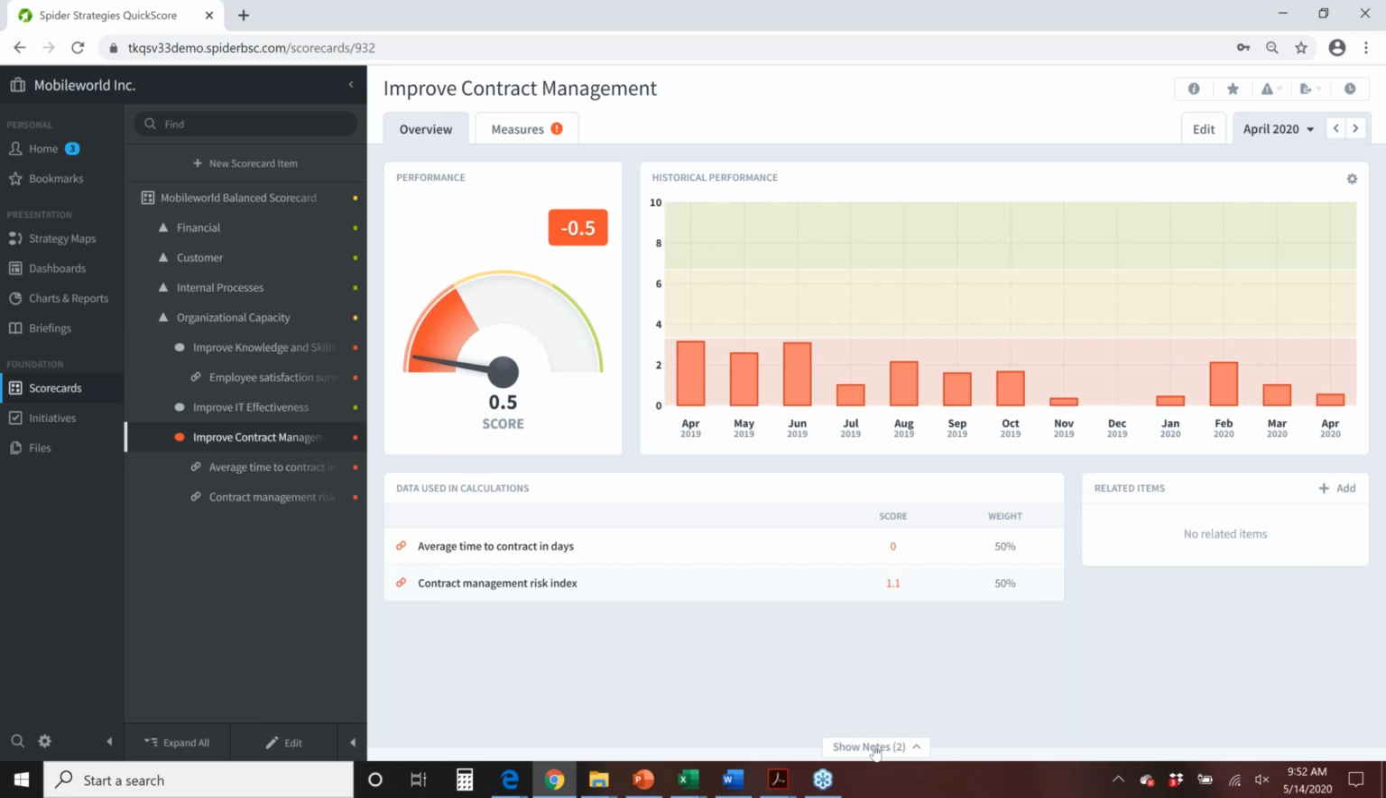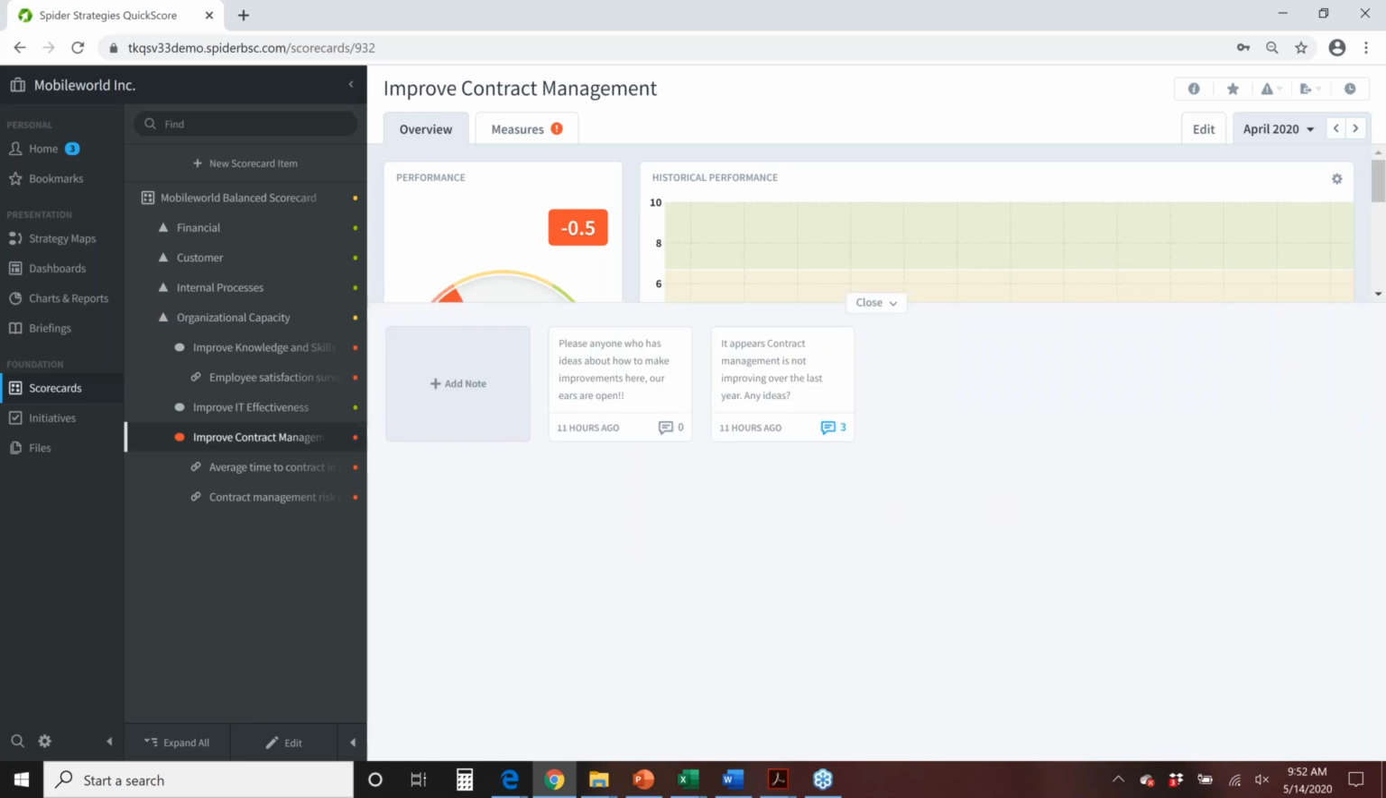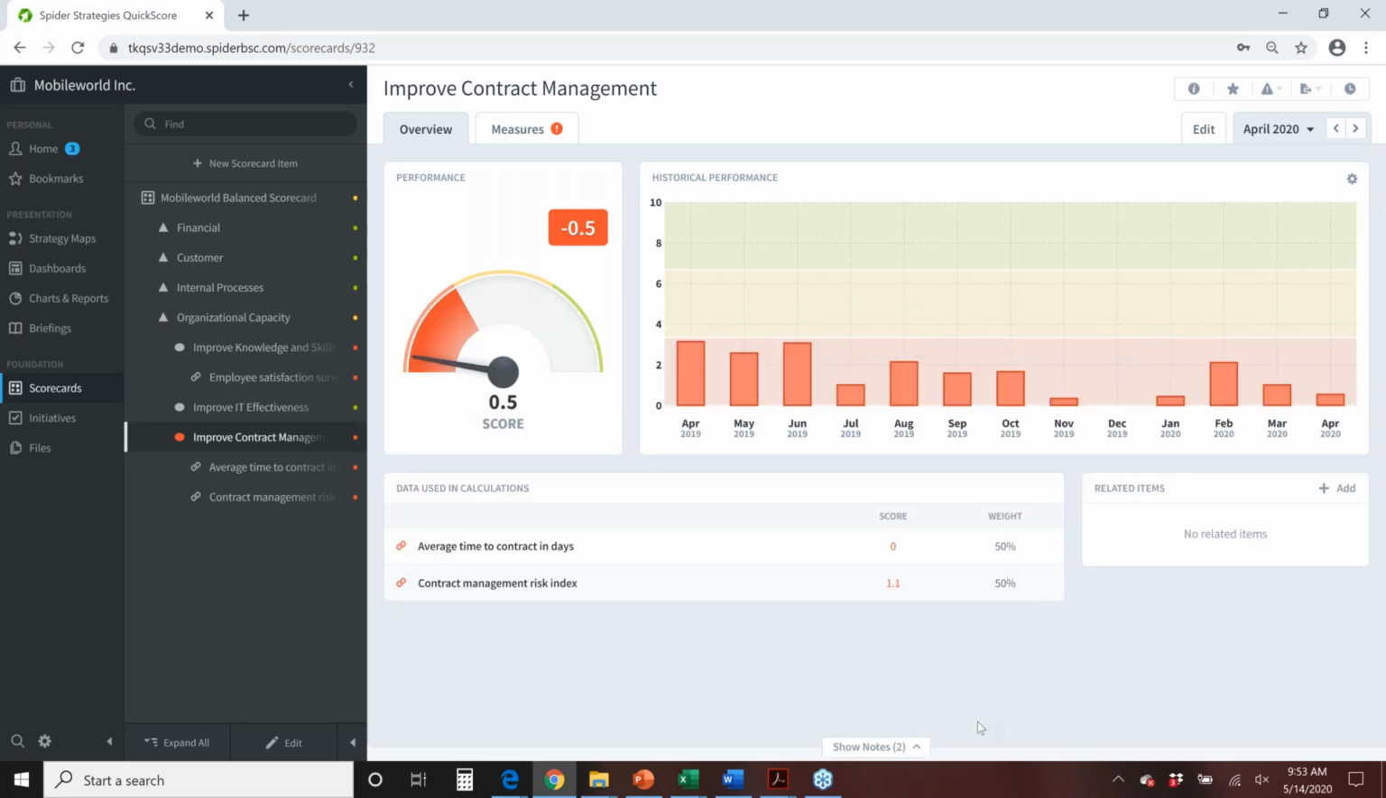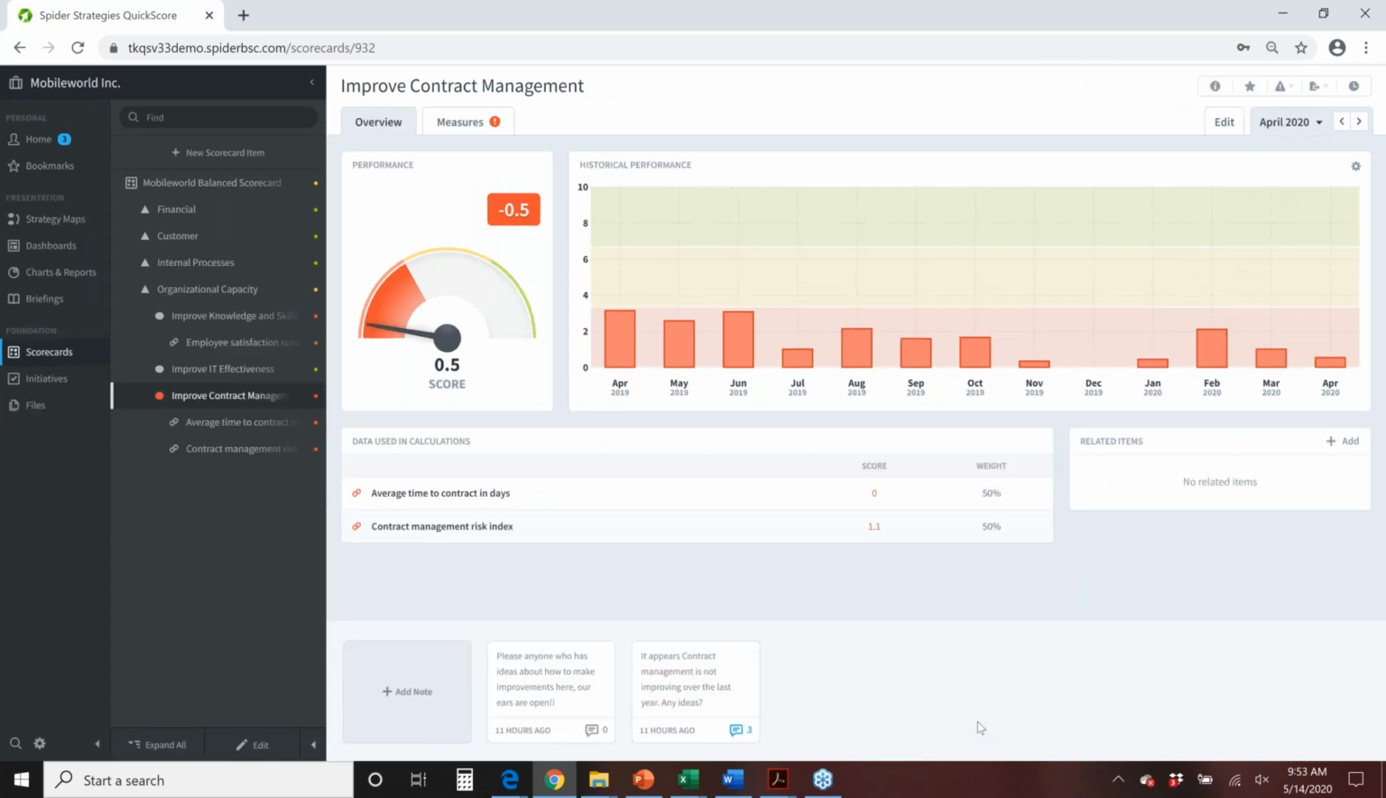So if I click on show notes, a pane expands up from the bottom and shows me here that I have notes. Someone has defined notes around this improved contract management objective within the Mobile World balanced scorecard. So I can take a look at these notes and see who has said what. If I want to see those notes all the time, I can simply adjust my screen resolution. I just did a little control negative here to adjust my browser resolution. And now you see the notes permanently down along the bottom, giving me easy view and access to commentary, information